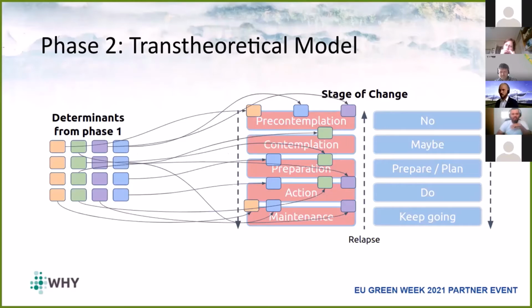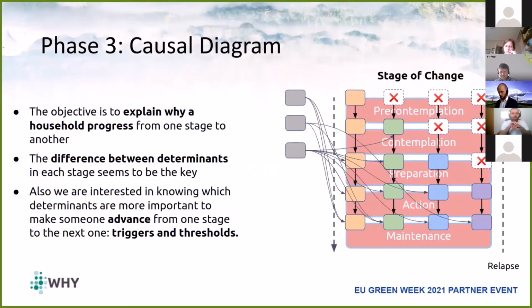And when we have completed this, we are going to ask also the panel of experts about that. We are going to try to build the causal diagrams. We are going to try to sort, and our main hypothesis is that the determinants are going to have this sort of